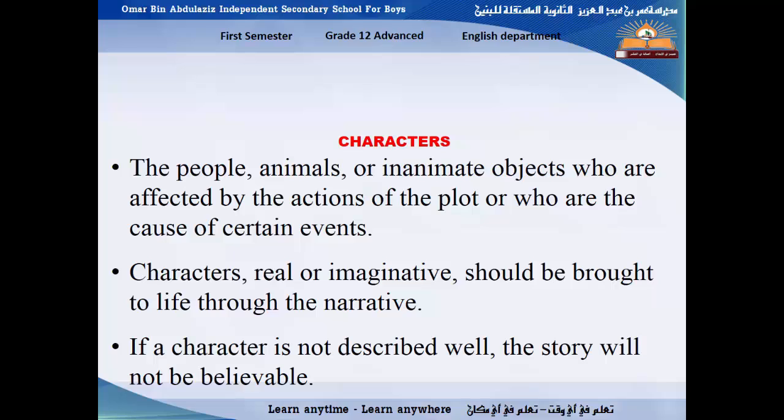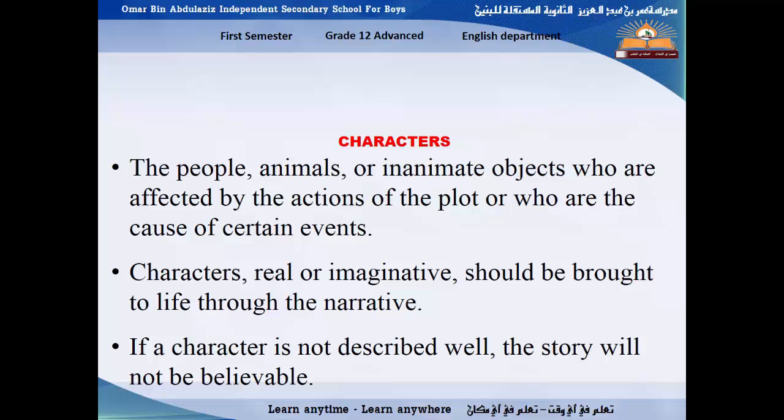But how can I know this is the main character in a written story, or this is the sub-character? It's normal to find the main character of the story to be repeated all the time, throughout the story, from the beginning to the end. So this means this is the hero of the story. And all the people around him are called sub-characters. So the question here,